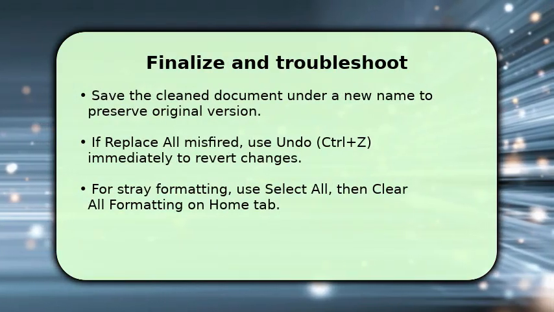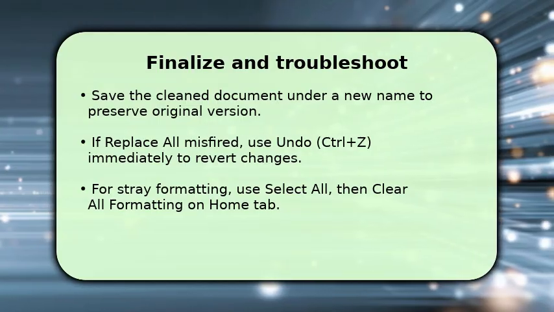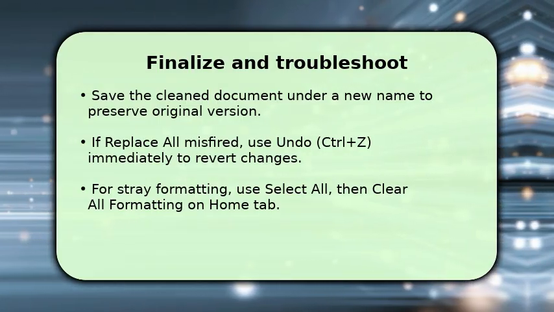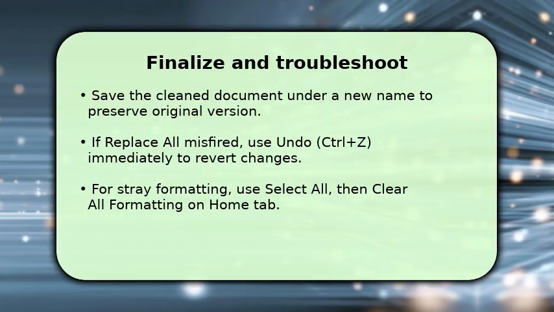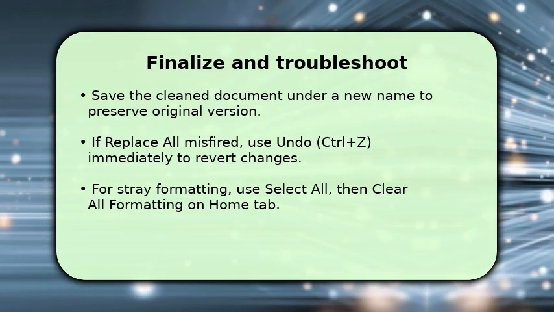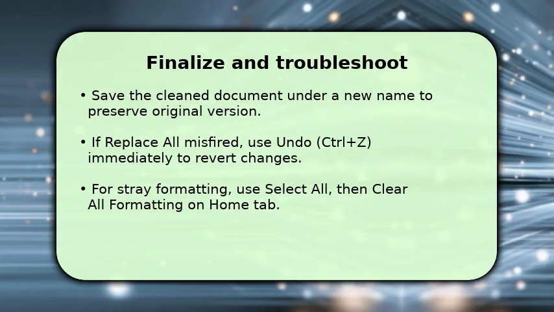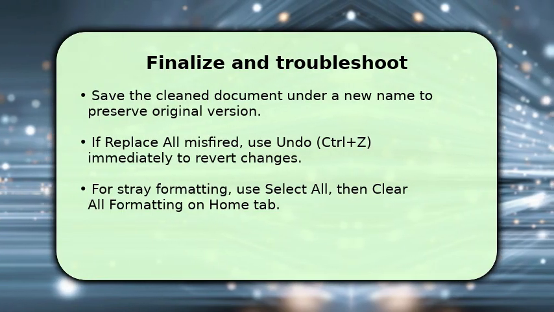This makes recovery simple. If Replace All removed more than intended, press Ctrl+C right away to undo the operation. Word's undo stack makes quick recovery reliable. Make sure to inspect headings and lists because some styles may persist. If so, press Ctrl+A, then click Clear All Formatting on the Home tab to remove residual formatting. One key tip: